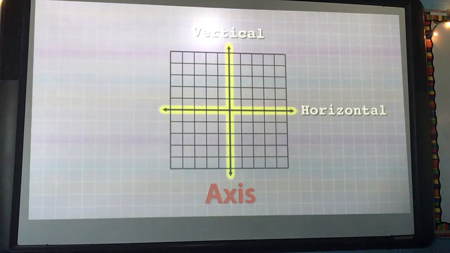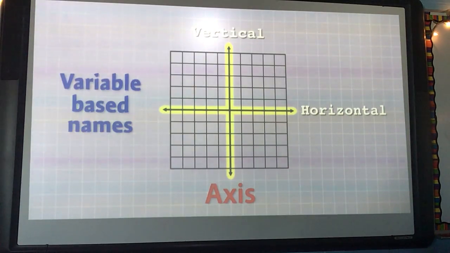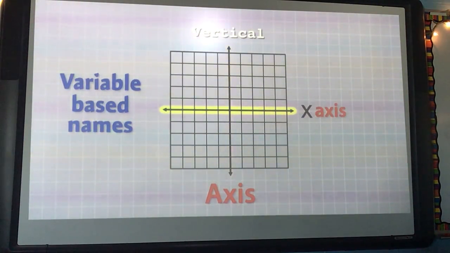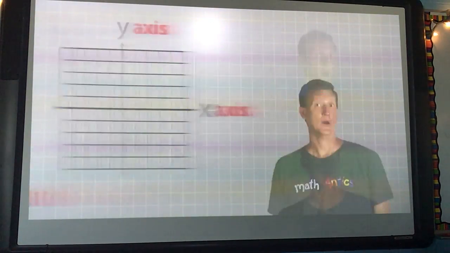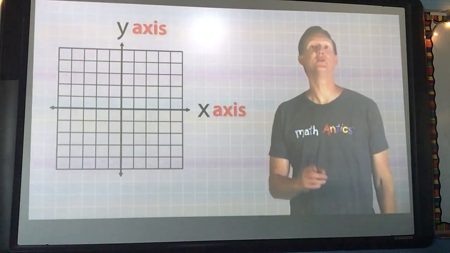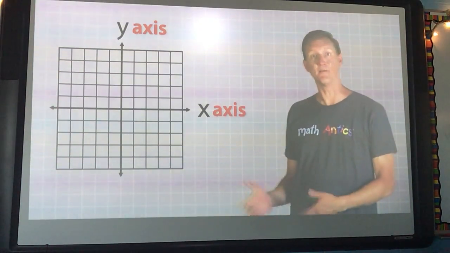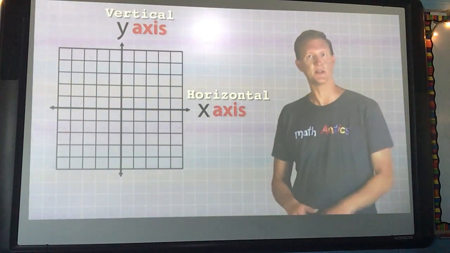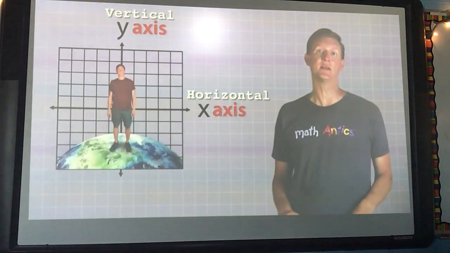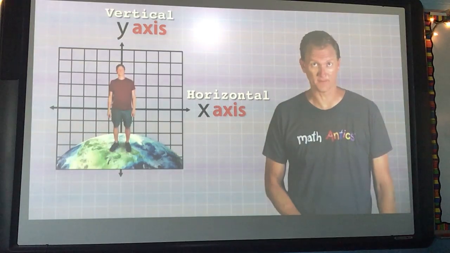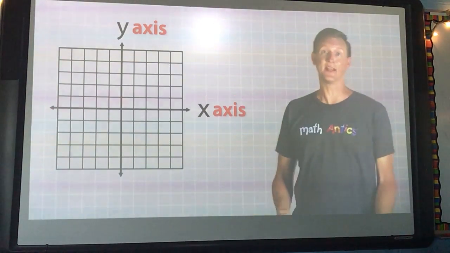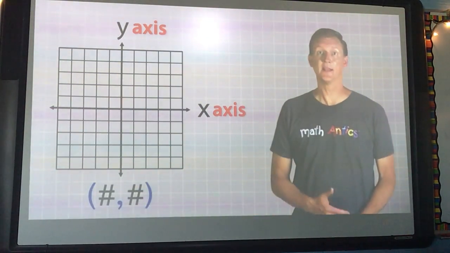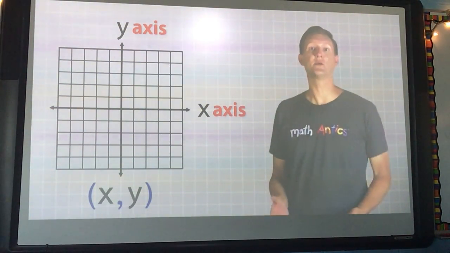But even more often, the axes are referred to by variable-based names. The horizontal axis is called the x-axis, and the vertical axis is called the y-axis. Why use variable names? Well, there's two good reasons. The first is that variable names are more flexible than horizontal and vertical, which relate to specific orientations in space that may not always be relevant. And the second reason is that each of the two coordinate numbers is actually a variable that relates to a specific position